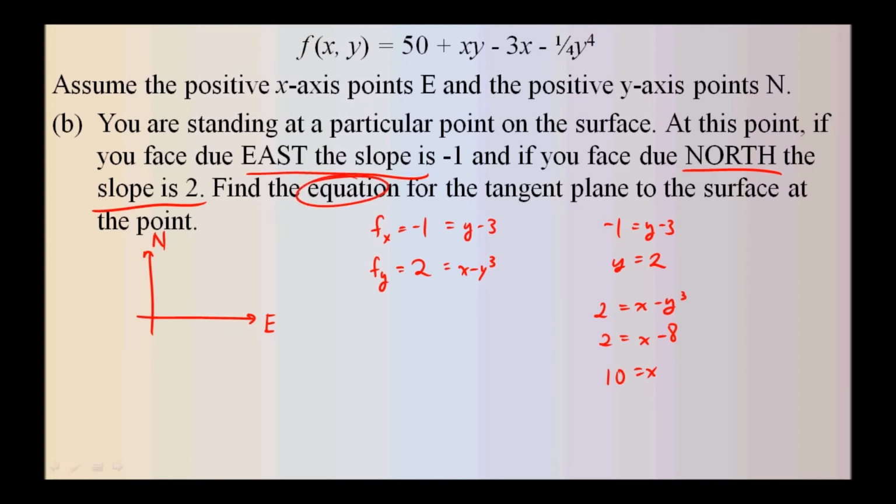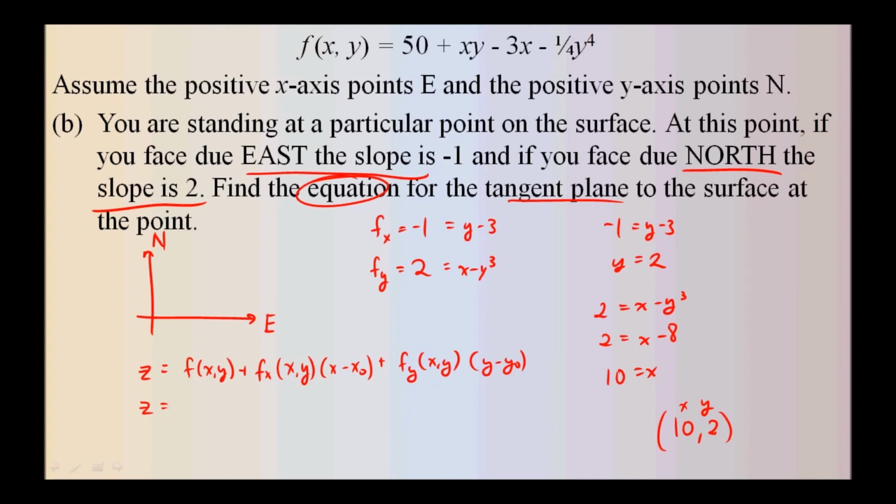So now we need to find the equation of the tangent plane, and this is something that needs to be memorized, because we have z is equal to f of x, y, plus the partial derivative with respect to x times x minus x naught, plus the partial derivative with respect to y times y minus y naught. We have our point 10, 2. This is our x, this is our y. So f of x, y, we have 50 plus 20 minus 30, so that's 40, minus 1/4 times 2 to the 4th. That gives us 36,